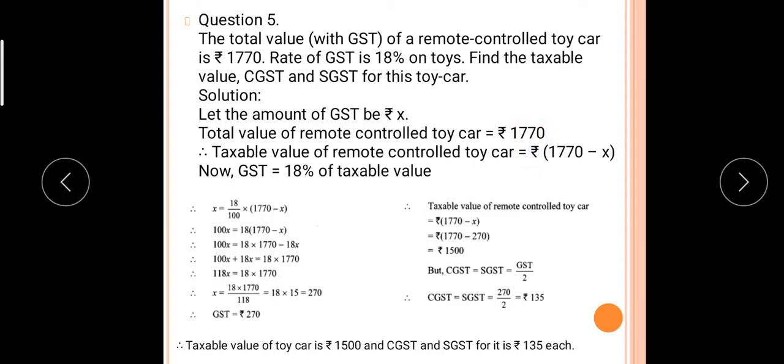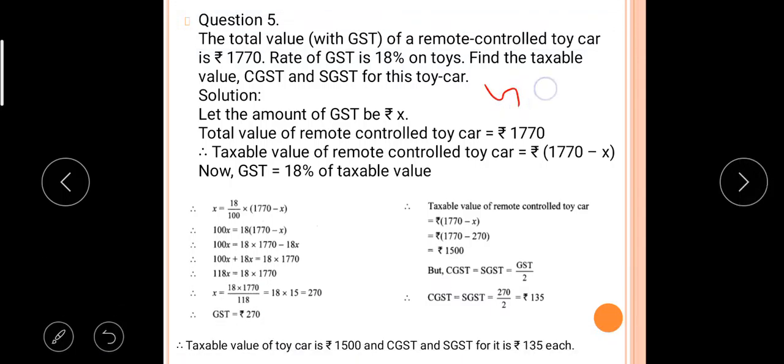1770 rupees. So taxable amount is total amount minus GST. So GST is how much? 18%. So if the taxable amount is X, then 18 upon 100 multiply by taxable amount. How are we calculating GST? GST is equal to,